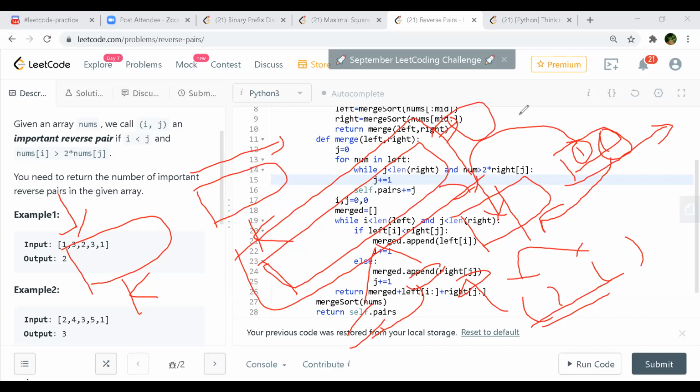At every level we match, right? Every level we have left, right, so we need to do that. What I said, binary search can reduce this k square to k log k, because I'm not searching every other element. I'm just finding the elements on the left side which can satisfy the condition with the binary search. So k log k, it should.